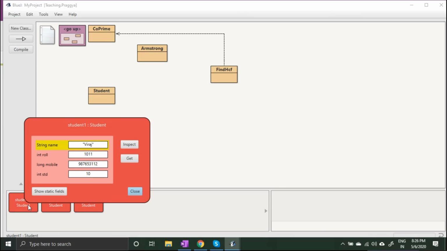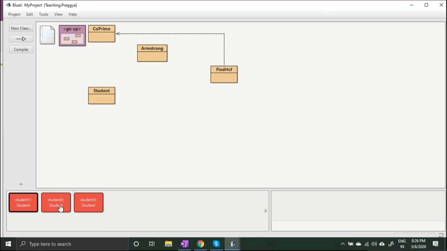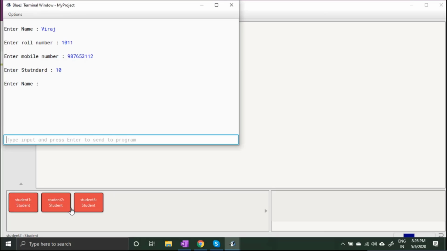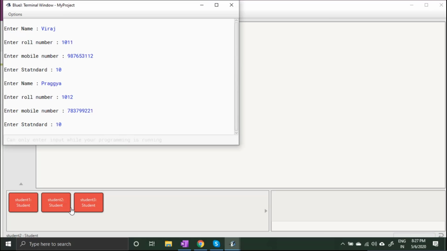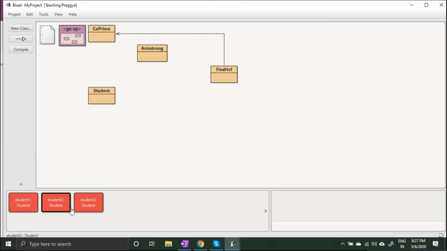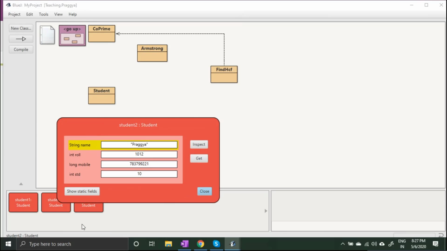Now I want to feed all the objects information. So you right click on it, you click on get data. It is asking again to enter name, roll number 1012, enter mobile number, enter standard. So the second student is also fed with the data.